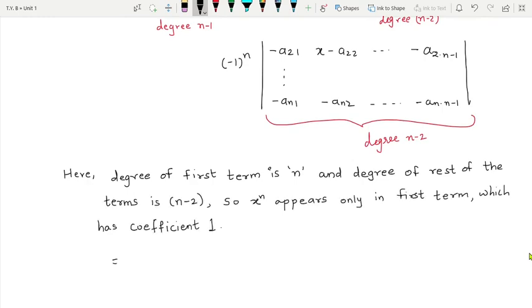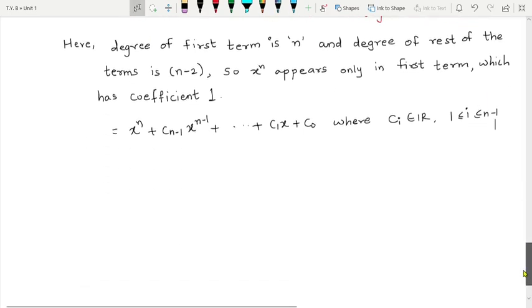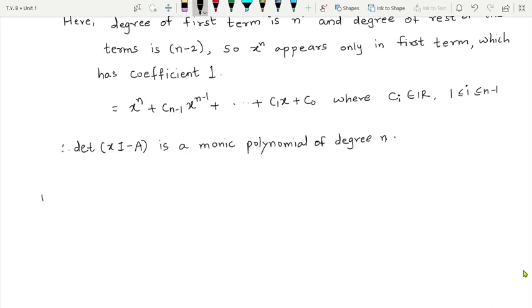Therefore we can say this is equal to x to the power n plus c_{n-1} x raised to n minus 1 plus so on plus c1 x plus c0, where all the ci are real numbers and this i varies from 1 to n minus 1, and therefore you can say determinant of xI minus A is a monic polynomial of degree n. Now we are going to go for the second part of the theorem,